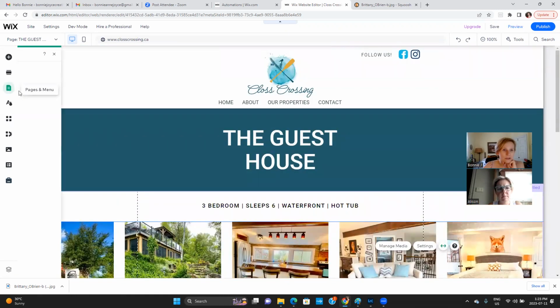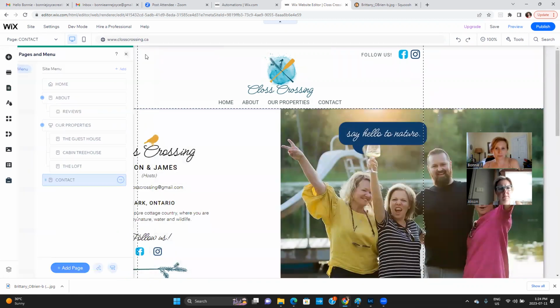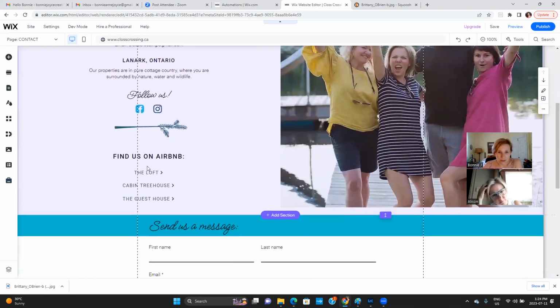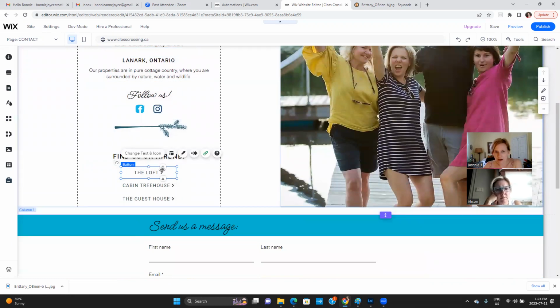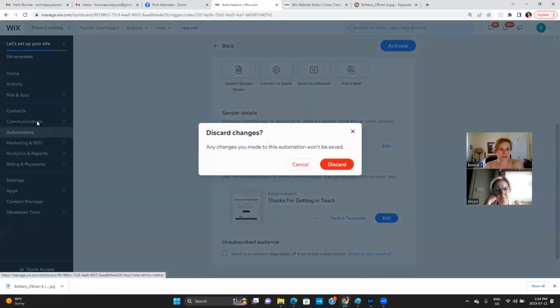If I go up to your contact page, these are buttons, but they don't look like buttons. If you click on them, you can see that they are actual buttons, but again, they're just linking. And then this is your contact form here. You're going to receive messages in your email box from there, and you'll see those again also in here.